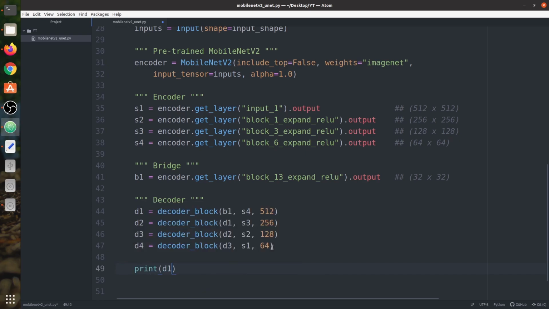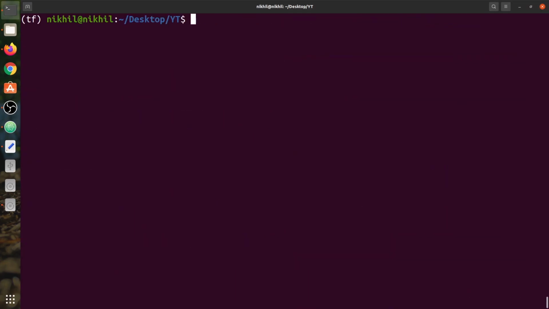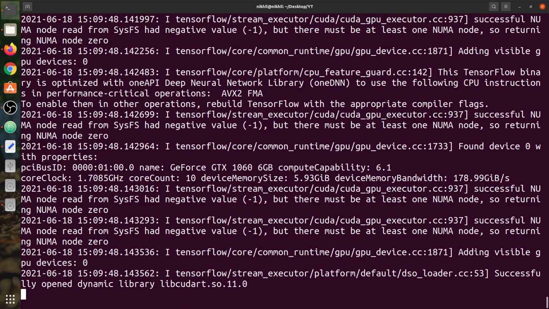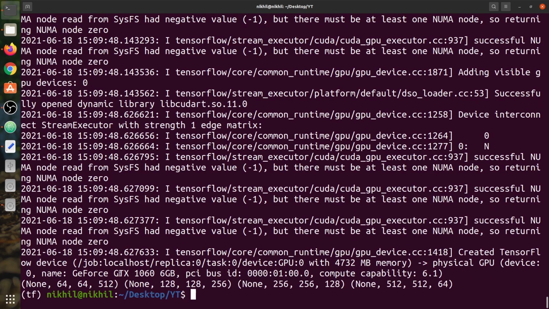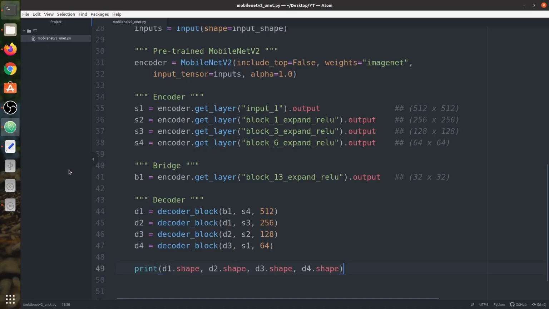Now we're going to print their shapes and check the output of each decoder block. So let's run it once and check. Okay, so you can see D1 has a shape of 64 by 64, then 128, then 256 by 256, and at last the same shape as the original input, that is 512 by 512.